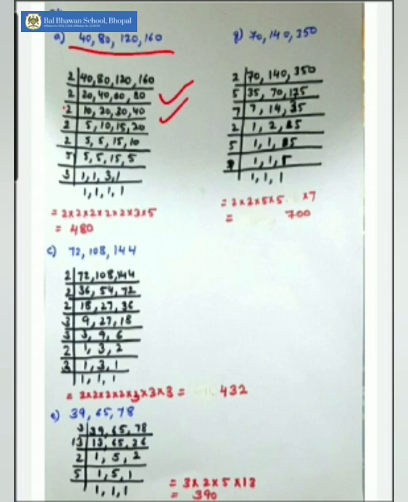2 5s are 10, 2 10s are 20, 2 15s are 30, and 2 20s are 40. Again, I can take 2. Now, since 5 doesn't come in the table of 2, I'm going to copy down that 5 as it is. 2 5s are 10. 15 won't come, so I'll copy 15 as it is, and 2 10s are 20. Now, again, one more time, I'm going to take the 2 over here, but 5, 5, and 15, I'm going to write down as it is. Whereas 2 5s are 10.